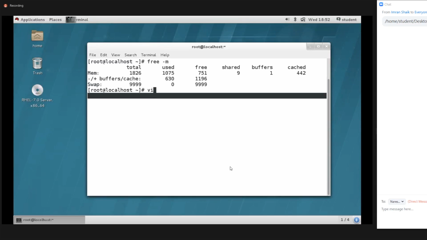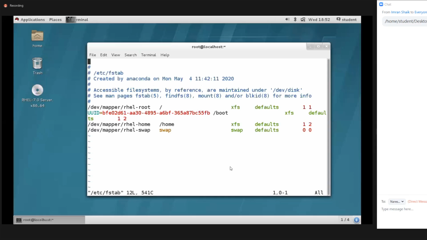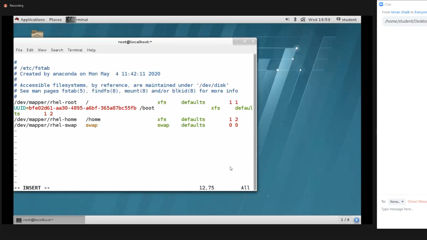Again, what do we need to do? We need to edit the fstab file. So /etc/fstab. Open this /etc/fstab, go to the end of the line, and press insert. Here we need to add